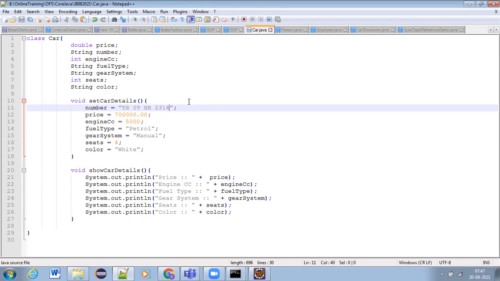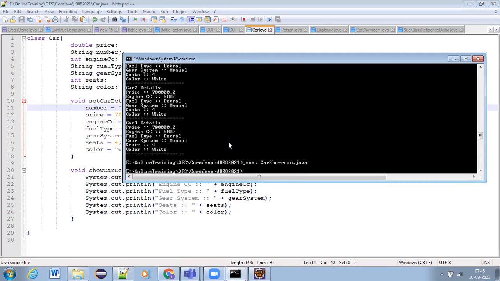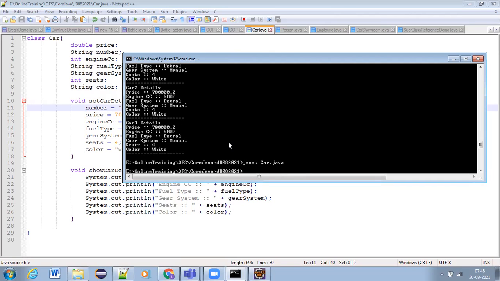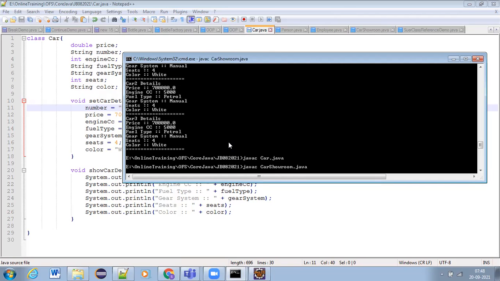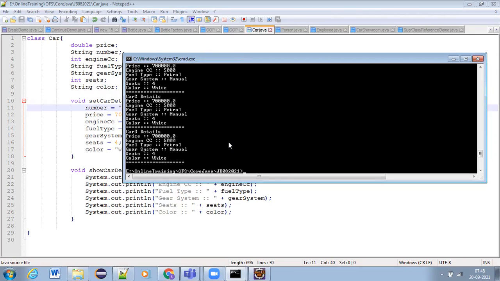It would be like this, right? So now compile car showroom, run the program. Sorry, we have done the changes in Car.java, right? Compile Car.java also, run car showroom.